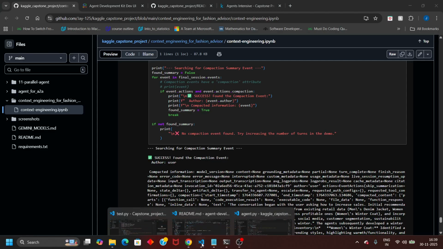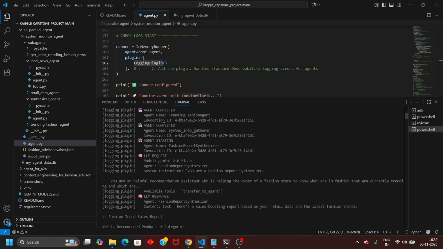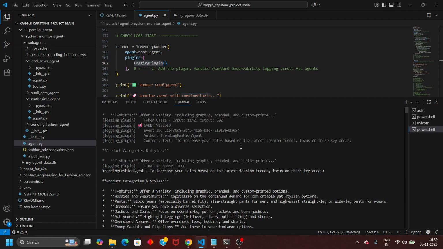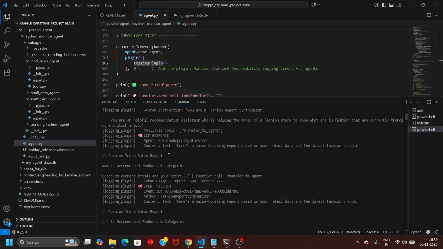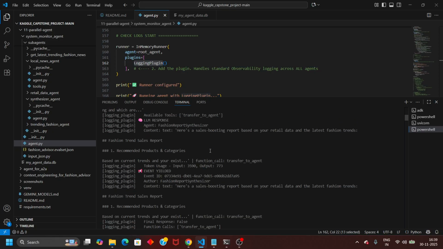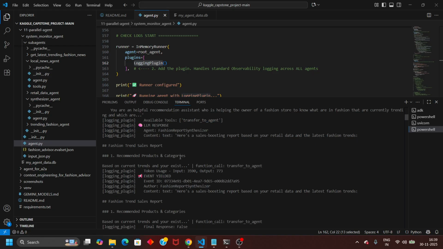Now, if I go back to my VS Code, I have also implemented a logging plugin. It helps you to debug your whole process. So if you see, it gives you step-by-step logging at every step. What every agent is doing, like transfer to agent, everything is happening here. Now,